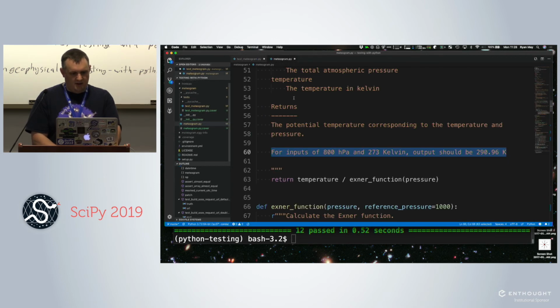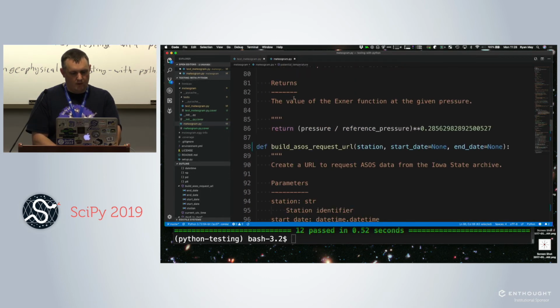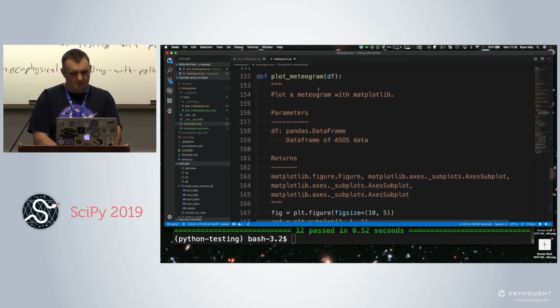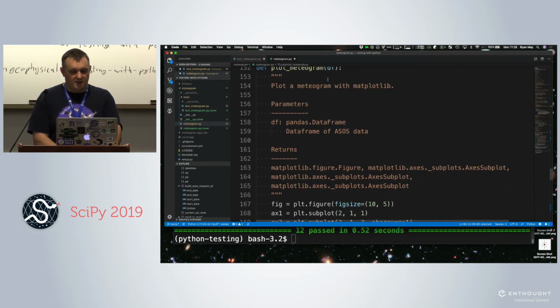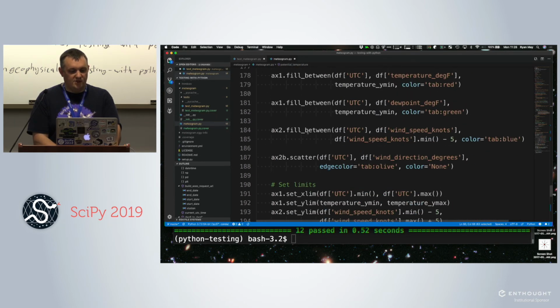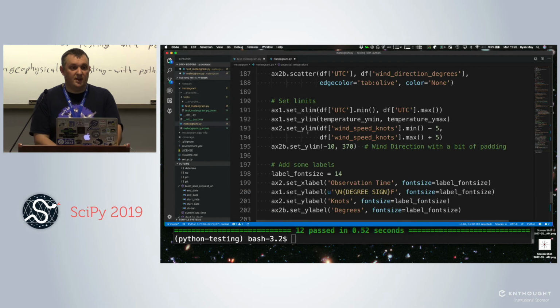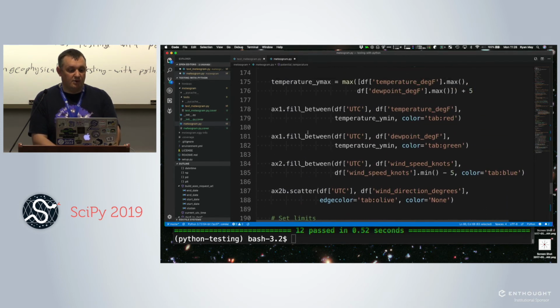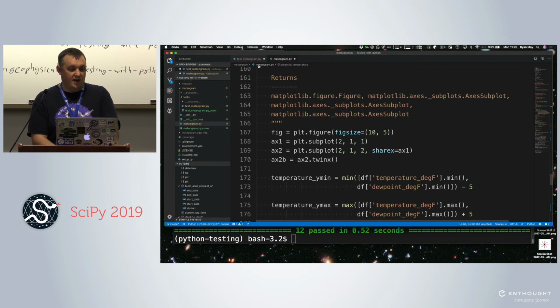What we're testing here is in mediogram.py. Down at the bottom here, I'm sure you've scrolled past it many times, there's this plot mediogram function. It takes a data frame, a pandas data frame, runs a whole bunch of plot methods, and generates a plot of the data we've downloaded. So it's this big complicated thing, and we kind of just want to verify, is it working in generating my plot?